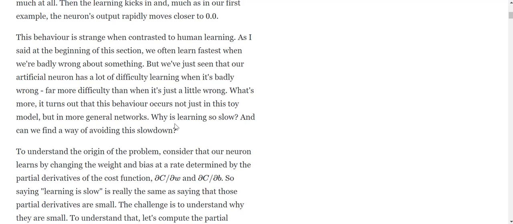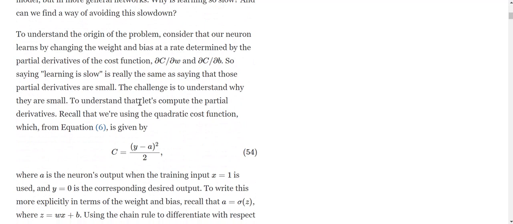But what we're seeing is that the model is taking much longer, and the value was not even as close as it was in the first case in the same number of epochs, right? So what they're trying to say is this problem is not just in this toy model, but it arises again and again in even larger networks. So we need to understand why this problem occurs and how we can curb it.